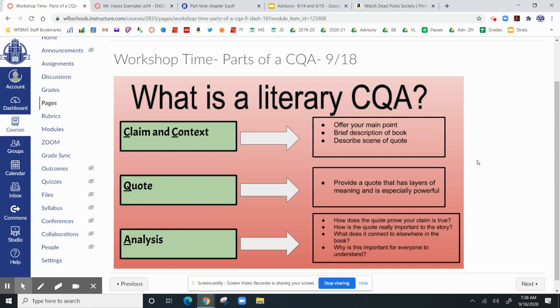And then finally, why is this important for everyone to understand? That's kind of like, why is this an important theme? How does this connect to humanity, not just one character? Okay, so those are the different parts of the CQA. This will make a lot more sense as we move forward and I show you my actual CQA paragraph and talk you through how this blends into what I wrote. So if you go to the next slide,